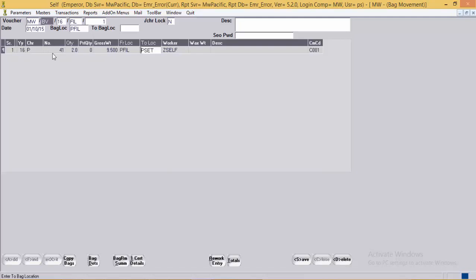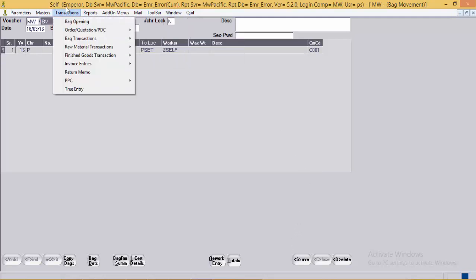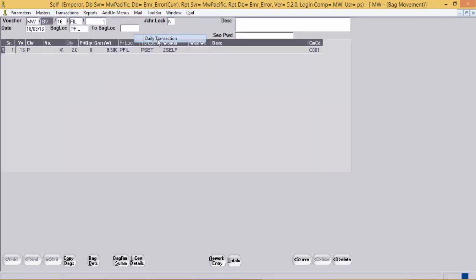Bag number. The bag has been moved to P setting location. After the bag is moved to setting location, we'll do the transaction in setting location now. That is the DT entry.